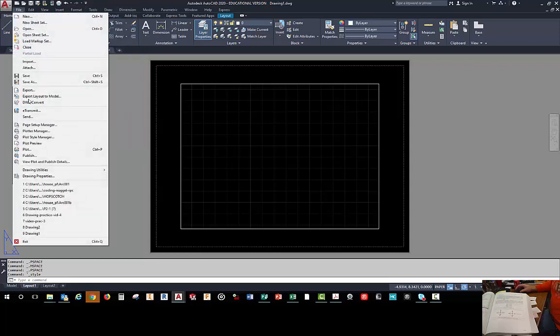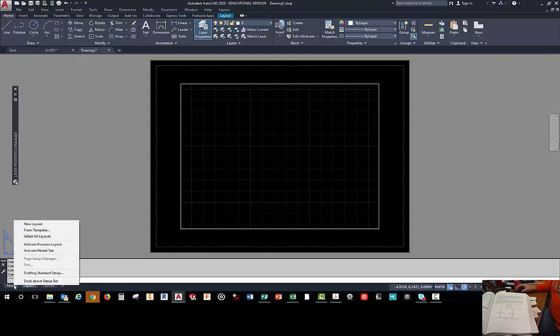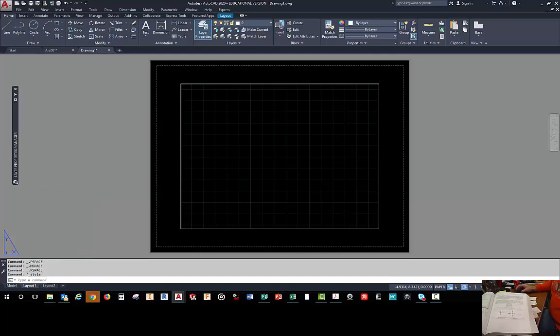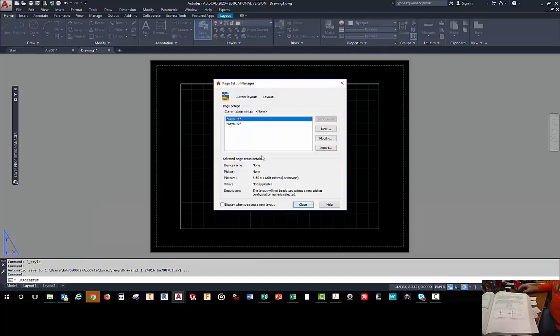You can go to file, you can go to page setup manager there, or you can right click over model, or in this case I want to right click over layout 1 because I'm not printing from model space, I'm printing from here. And there's a printing tutorial later on in this thing too. All right, so I'm going to go to page setup manager, and if you remember, this pops up, right? And you click on modify,